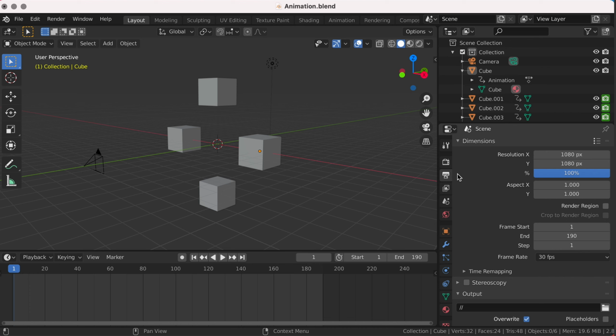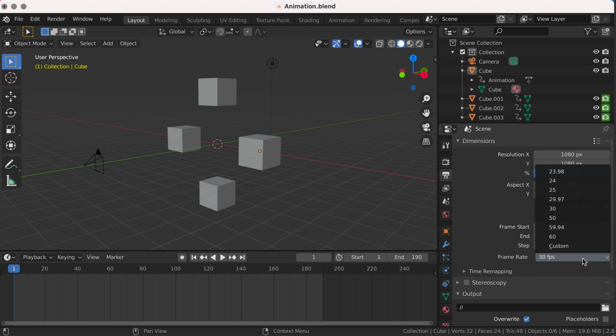Next, we need to go across to the output properties and set up the resolution. Now, while the resolution is not strictly important, as we are exporting vector files, I would recommend a 1:1 ratio or whatever your laser may be. The frame rate can be set to whatever you want for your animation, but do keep in mind the higher the frame rate, the less detail your animation can include, or the laser will not be able to keep up.